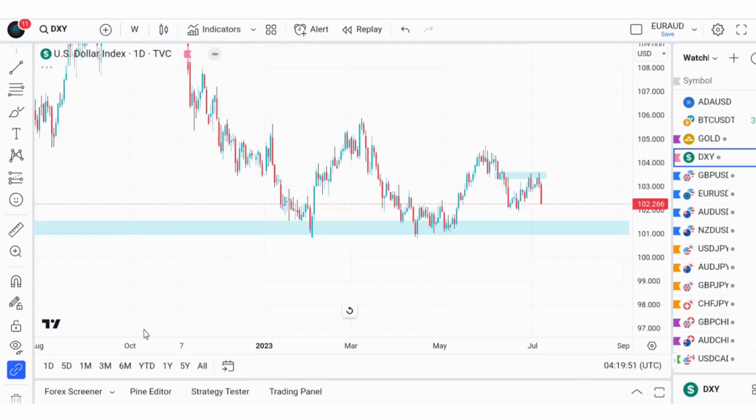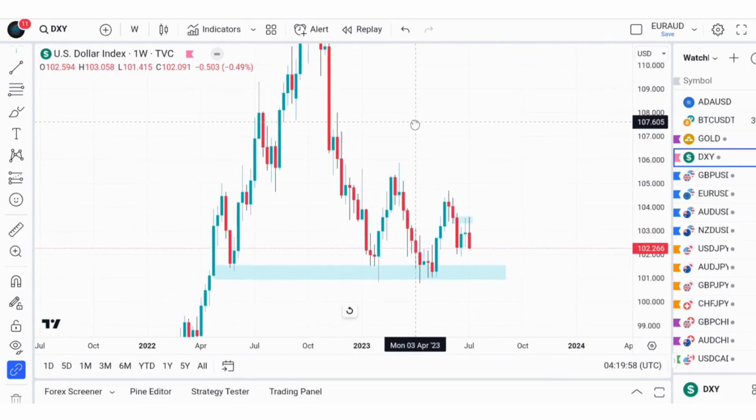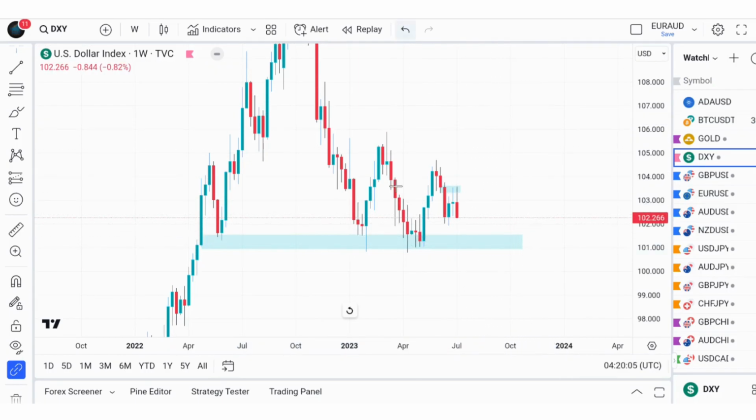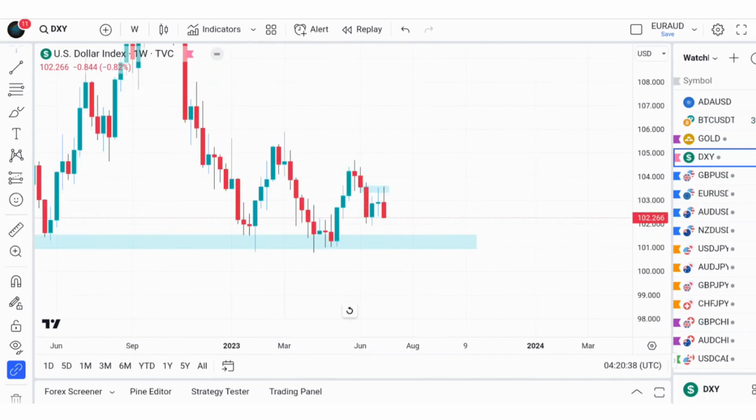So I'm looking forward to more decline this week, maybe from Monday to Wednesday, and then we might have a rejection maybe after the drop of the CPI news on Wednesday, or we'll break this particular strong support level. So Monday, Tuesday, I'm looking forward to more decline back to this level. So maybe after the release of the CPI news on Friday, then we might actually have a bounce at this level. So who knows, let's see how it goes. But what I'm actually looking at is more decline in the DXY next week.